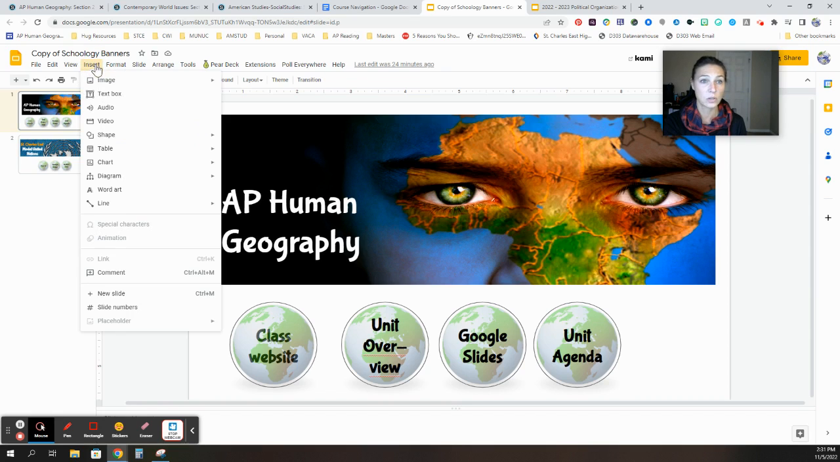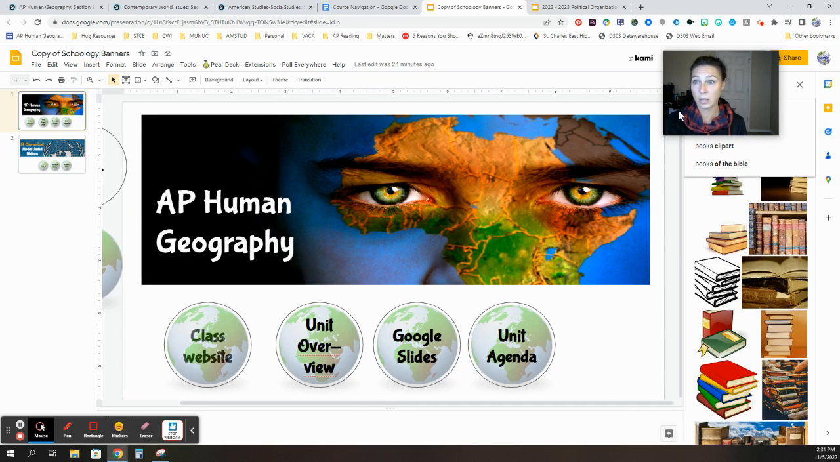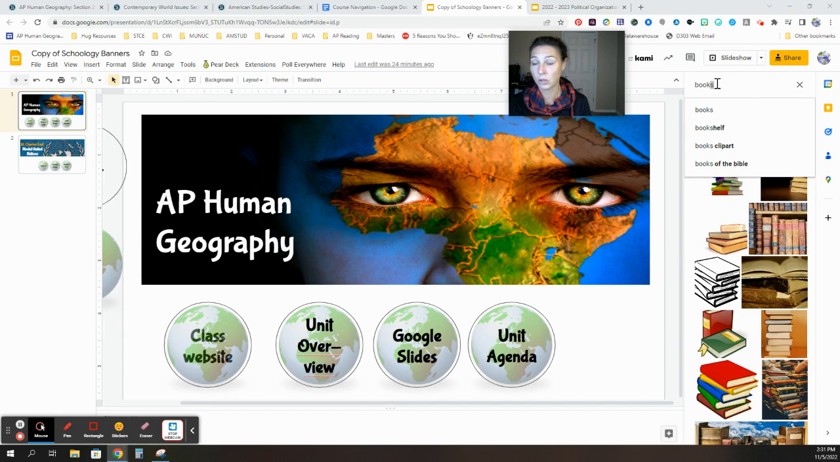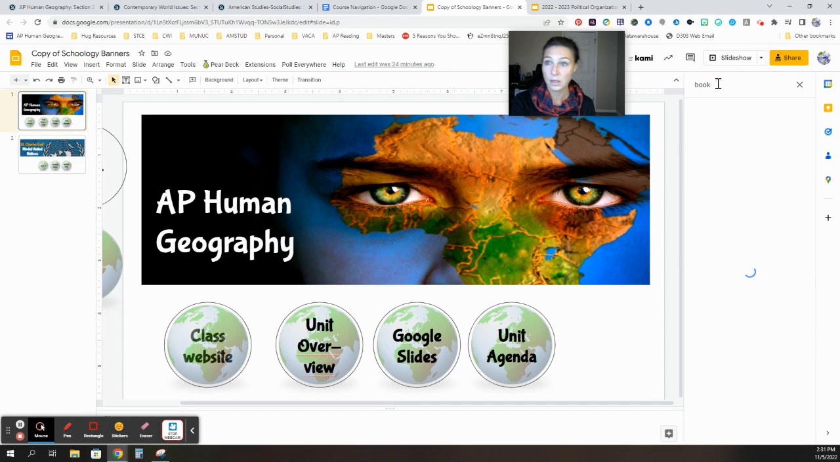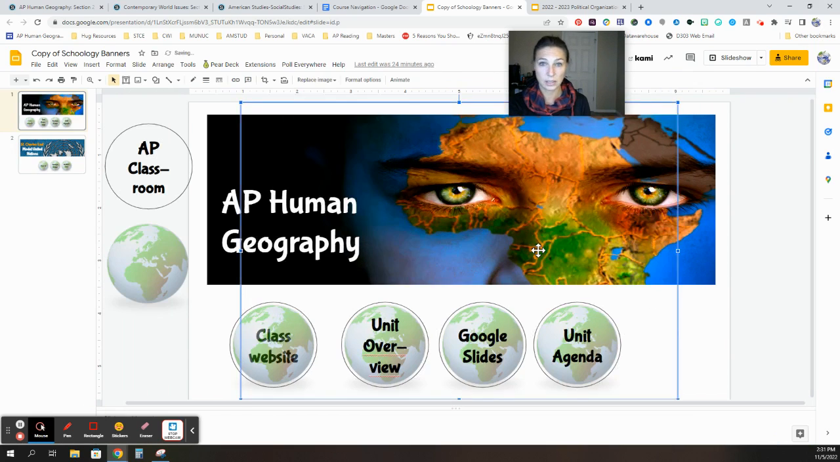But with here, you can just go to insert image, and you can search the web right here on your computer. And maybe you're an English teacher and you want some books. And so, oh, here's a good book. And then you just select it, insert it into your